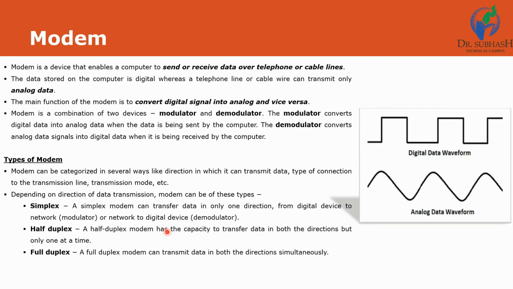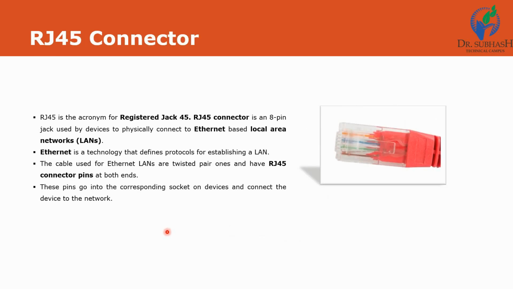This is the modem. Now, a simple device, RJ45, but it has the most important role in making a network. Without this we cannot connect your computer to the network. RJ45 has a cabling pair. You can see orange white, blue white, green white, brown white. This is the pattern of cabling for the RJ45 cable.